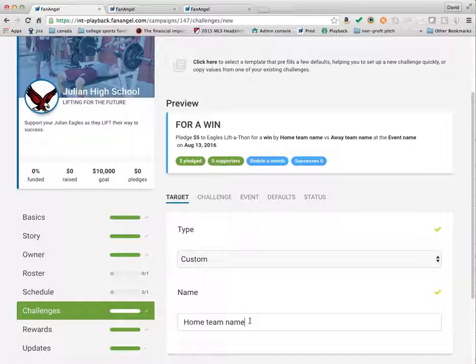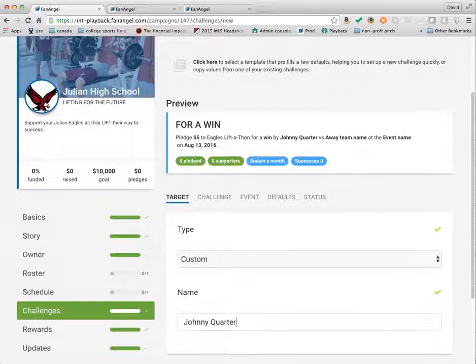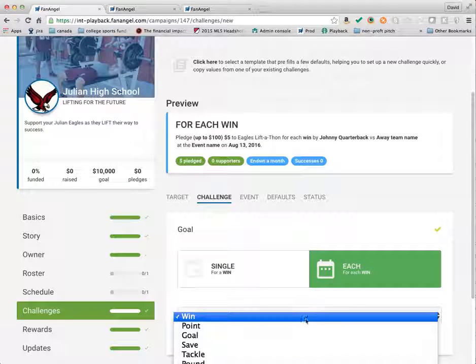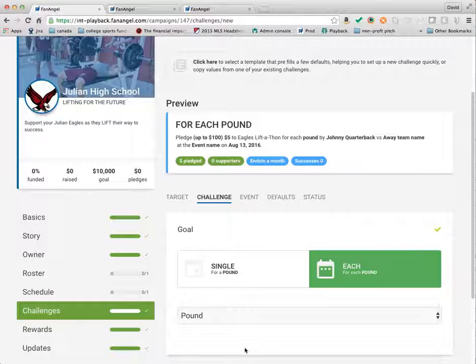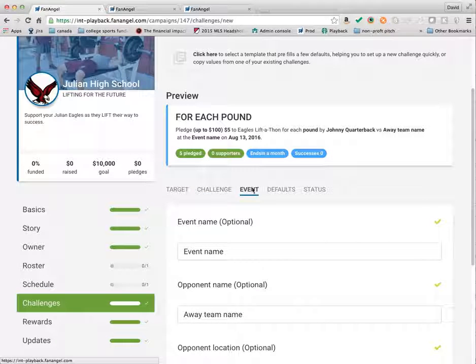So target, who's this challenge for? Well, in this case, it's for the player. So quarterback, let's call Johnny Quarterback, is the target of the challenge. The challenge itself could be for team wins, could be one or multiple, and in this case we're doing a Lift-a-Thon, so it's every pound. Ultimately, we'll have more in this, and you'll be able to put whatever. It doesn't have to be just from our drop-down list, but we'll have different ones that are standard for the sport. The event name,